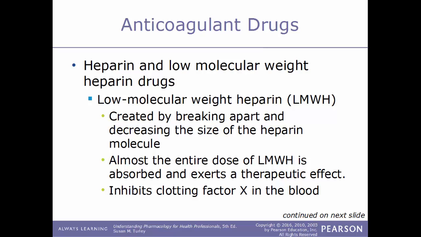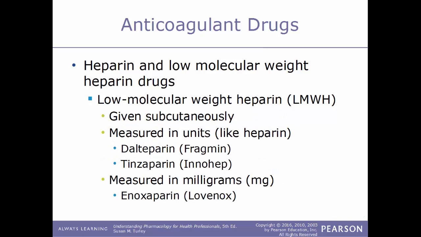And just like heparin, this acts to inhibit the clotting factor number 10 in the blood. Now, this type of drug is given subcutaneously. It can either be measured in units or in milligrams. Some examples of this type that will be measured in units: dalteparin, which is sold under the trade name Fragmin;